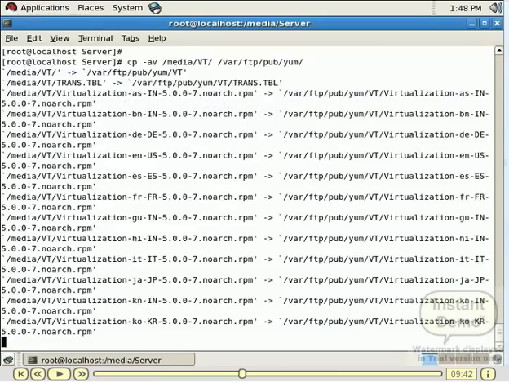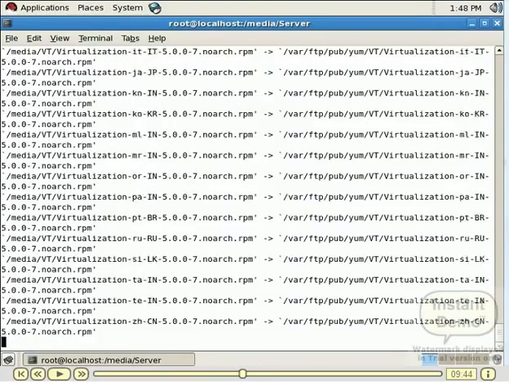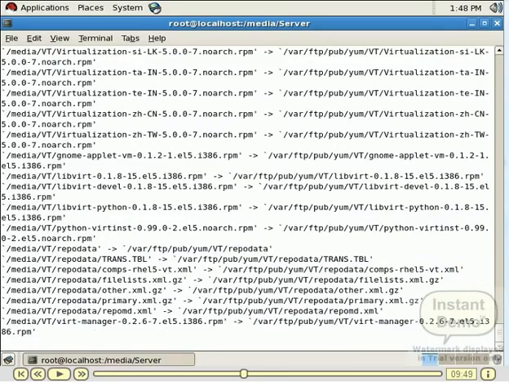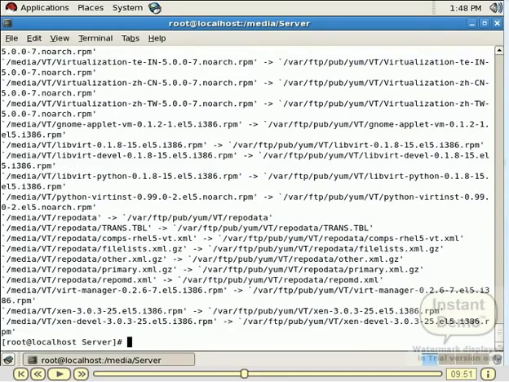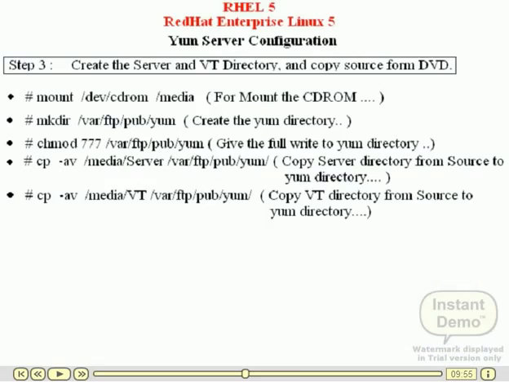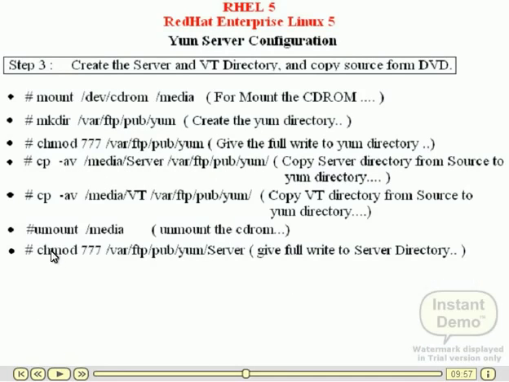Finally, in our yum folder there are two folders present, server and VT. And in the server folder the list of Linux RPMs is stored. Finally, we give the